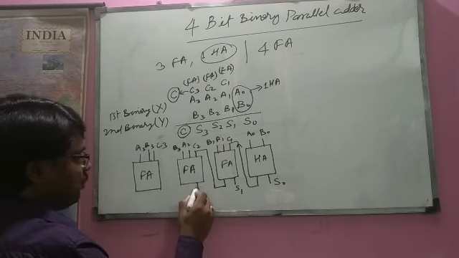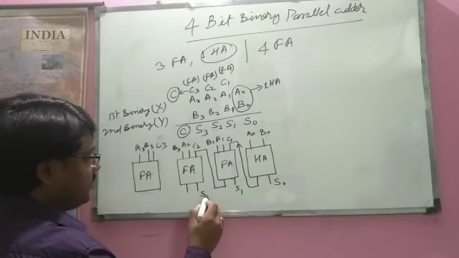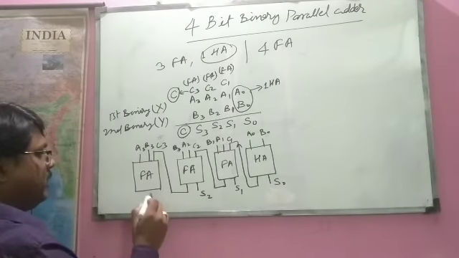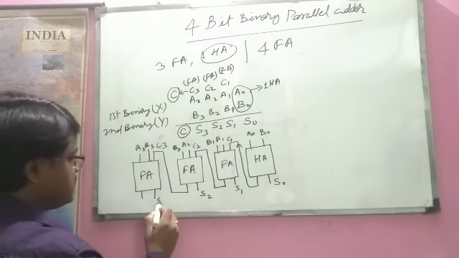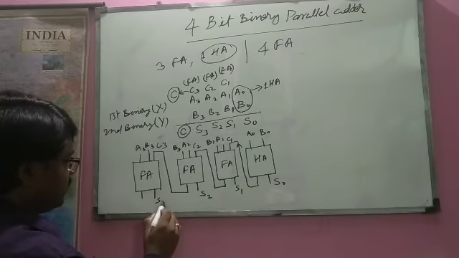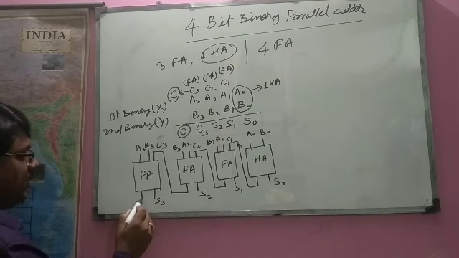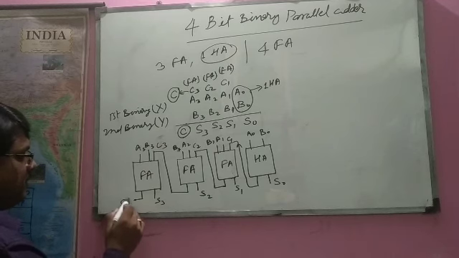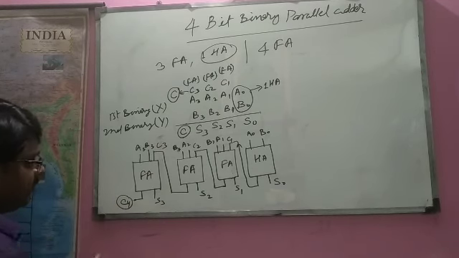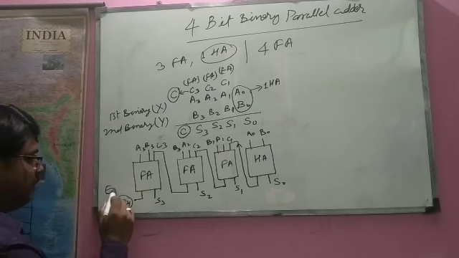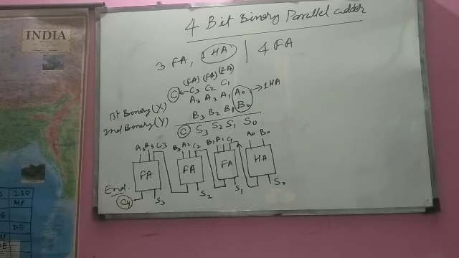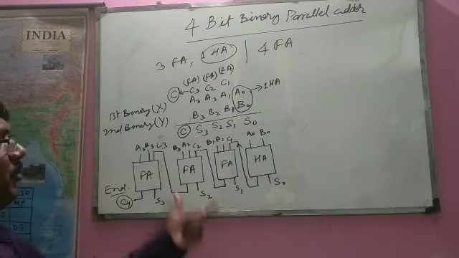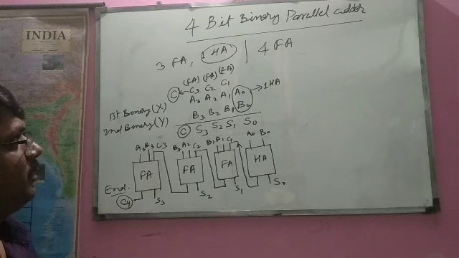Okay, so this will also generate two outputs. This is S2 and this C3 will go here, and this will again generate S3, and this is the end carry. Okay, you can say this is C4, you can say this is the end carry. It will look like this. Okay, so this is the full explanation of the 4-bit binary parallel adder.